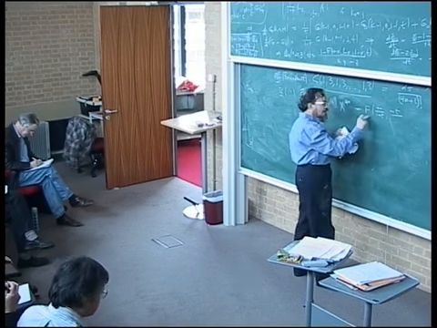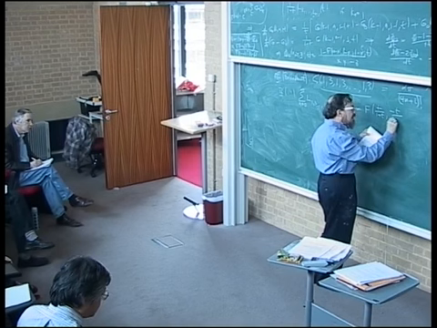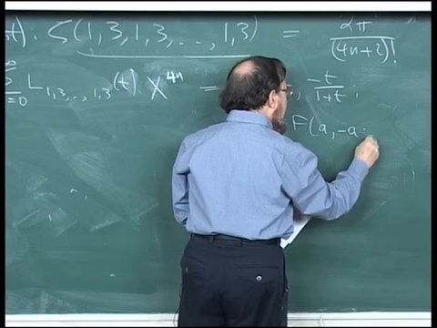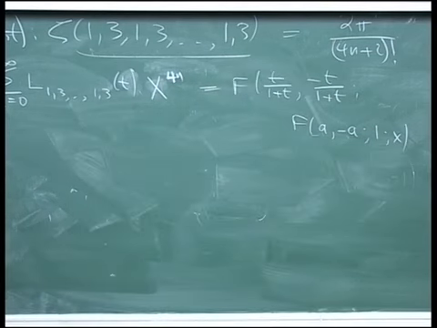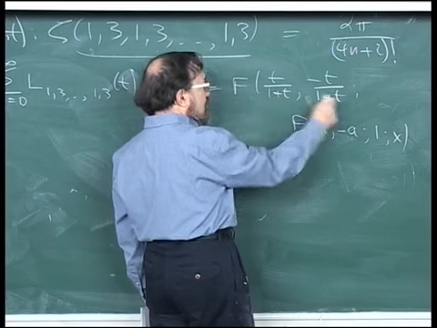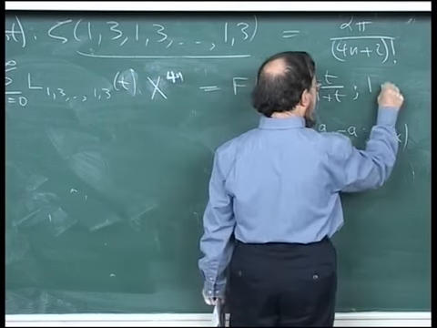of the usual Gauss hypergeometric function, so F(a, b, c, x), I think everyone knows what it is. And the arguments are very special. It's going to be F of a, minus a, 1, and x. So the 3 arguments, the a, b, c of the hypergeometric function, the first 2 are negatives of each other, and I don't call them t and minus t, but t over 1 plus t and minus t over 1 plus t. The next one is 1, and the next one is